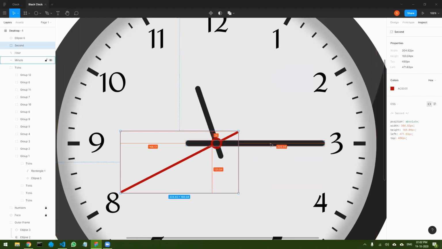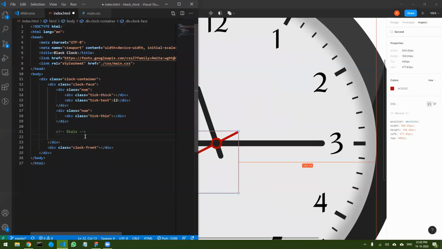So in total we are going to make 1, 2, 3, 4 and 5 divs. Okay, so let's make those divs, and all these divs are going to be position absolute. Okay, because they are on top of each other, right? So whenever things are on top of each other, we will use either absolute or fixed. Okay, so let's go for absolute, and let's make the top notch. Okay, so the top notch is going to be the black circle. Then let's make 3 divs. One is going to be the